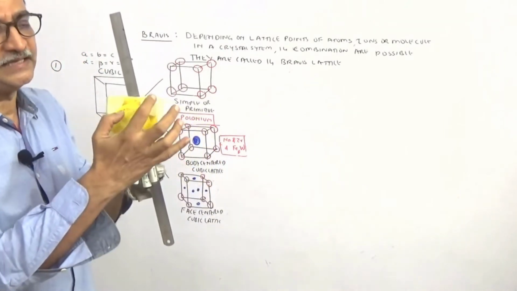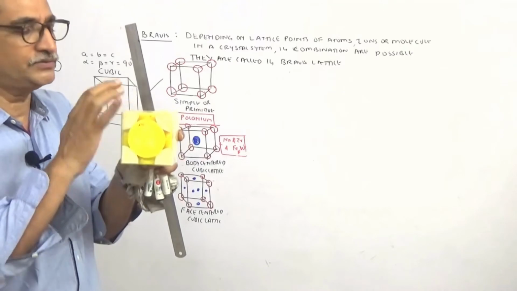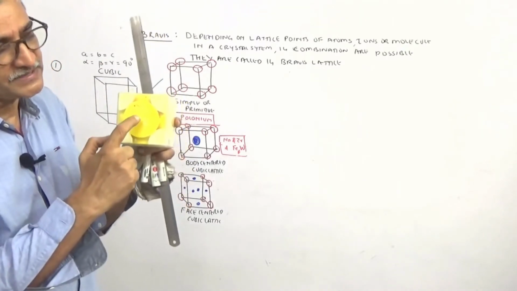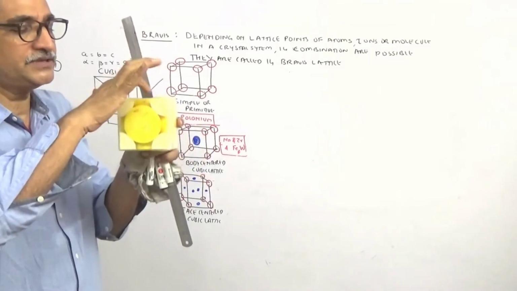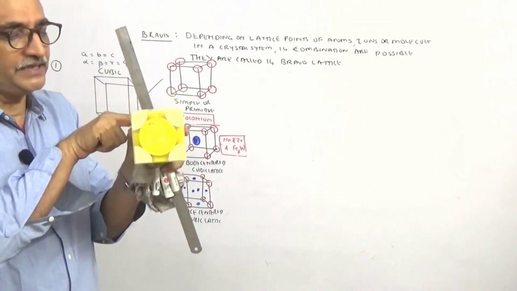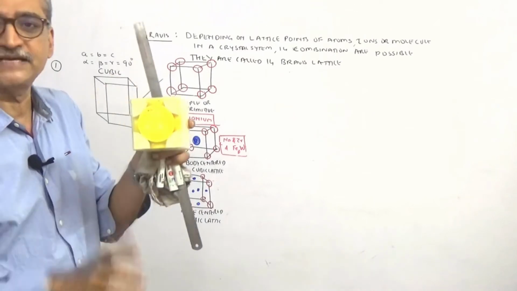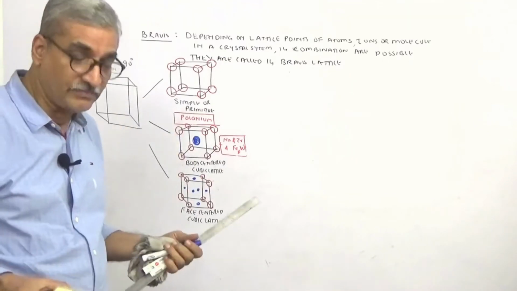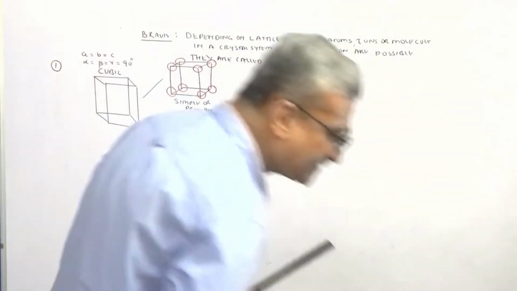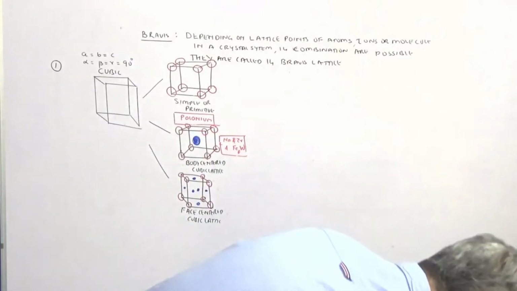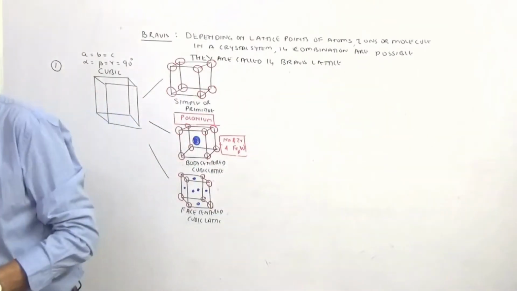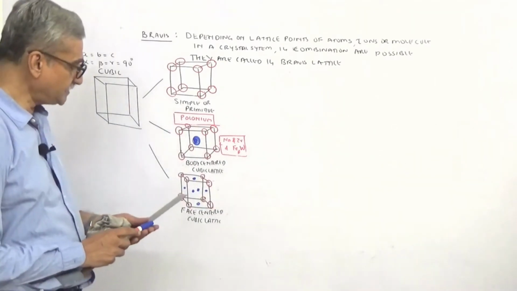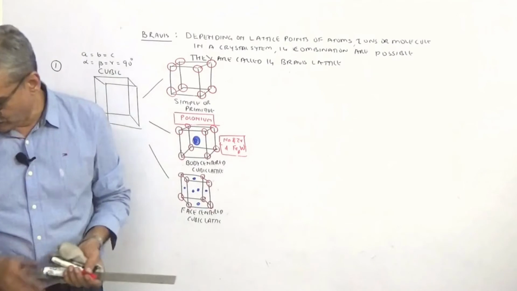Can you see these are the atoms in the corner? 8 corners. 1, 2, 3, 4, 5, 6, 7, 8. And there are 6 faces. 1, 2, 3, 4, 5, 6. Or look, like this 1, 2, 3, 4, 5, 6. You can do it this way also. So where are the atoms present? I need these statements for calculating the number of atoms in the unit cell. Is this clear? That's why I keep this here too, because it is going to be used again and again. I don't need the others. Okay. So where are the atoms present? 6. So what will be an example of this?